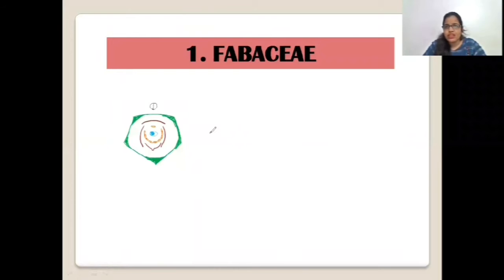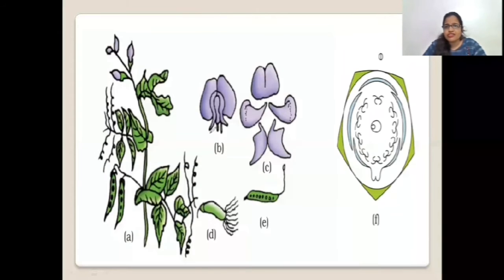So guys, you can see these are a few pictures which can be asked. The examiner will give you these pictures and ask you which family the picture belongs to. It can ask you the name of the family, the easiest question. Then to make it tough, he can ask you the floral diagram, floral formula, the number of carpels, pistils, the calyx and corolla present here in the family member.